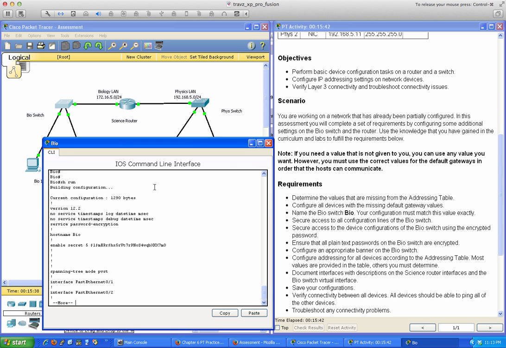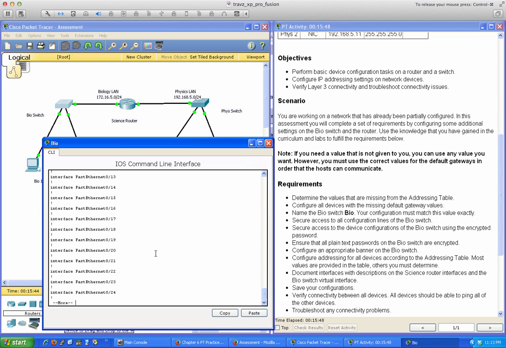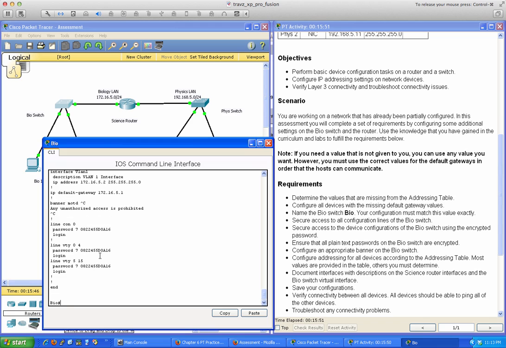So now let's do show run. You can see here the enable secret password is encrypted. The host name is bio. Service password encryption, which we can confirm down here, and we have passwords set on the console line as well as all of the VTY lines. So we're good there. Okay, so document interfaces with descriptions on the science router interfaces and the BIOS switch virtual